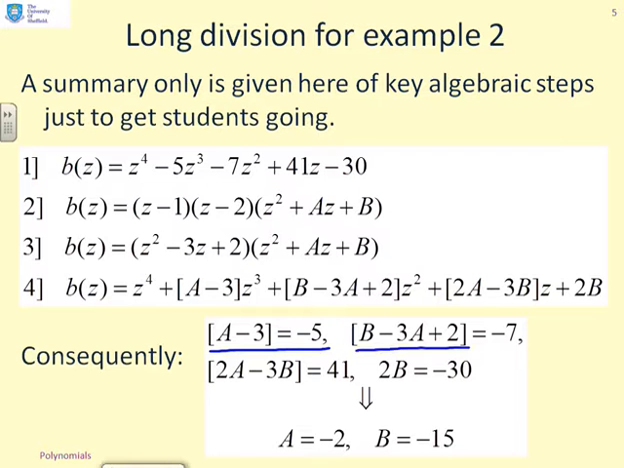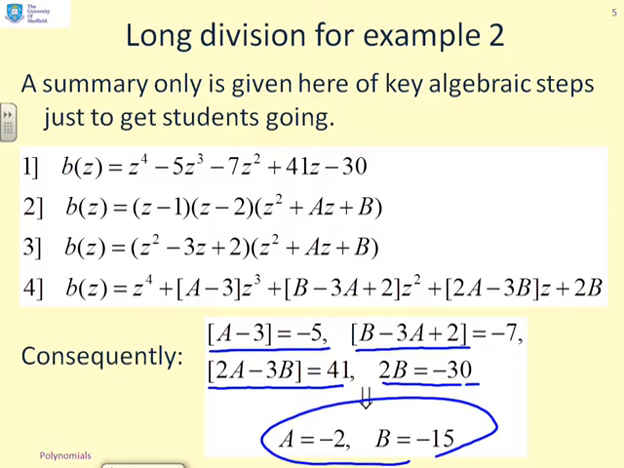B minus 3a plus 2 equals minus 7. 2a minus 3b equals 41, and 2b equals minus 30. And if you check all those equations, they should be consistent, otherwise you've made a mistake. You'll see you get a equals minus 2, b equals minus 15, which tells me that this quadratic factor is